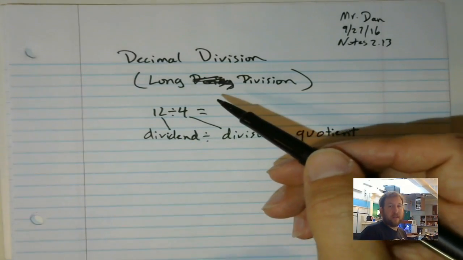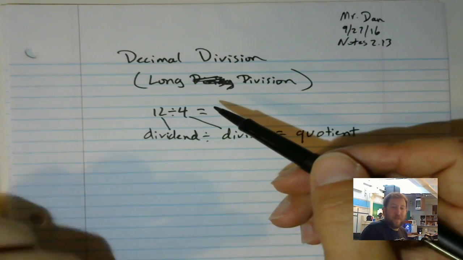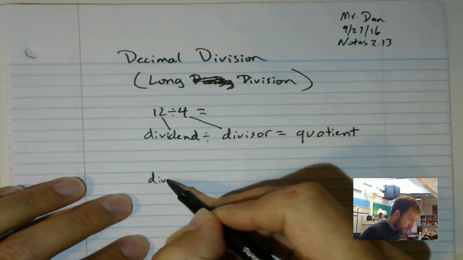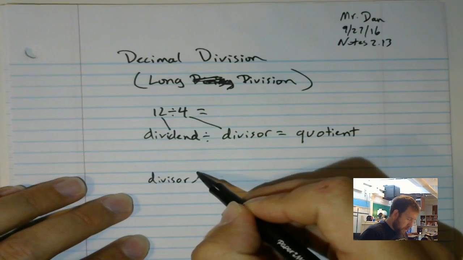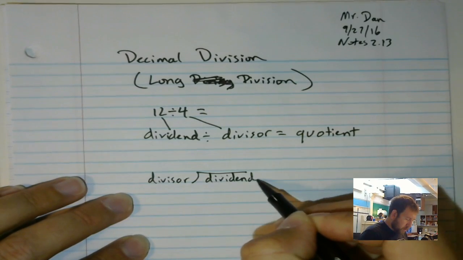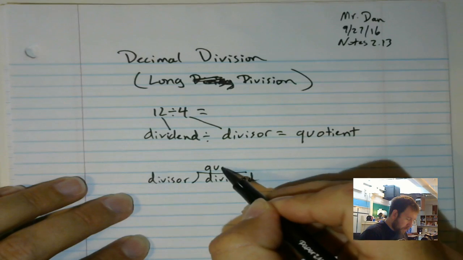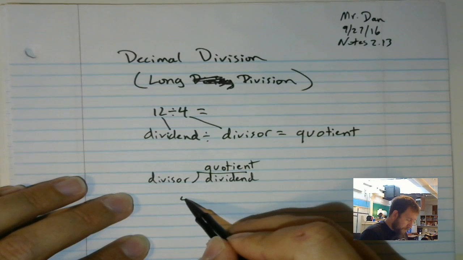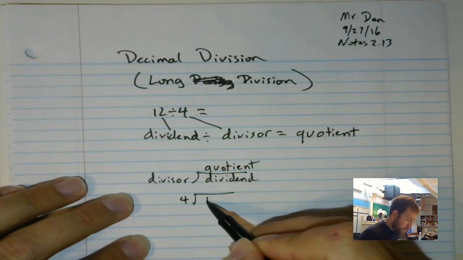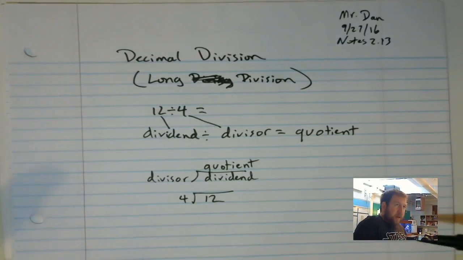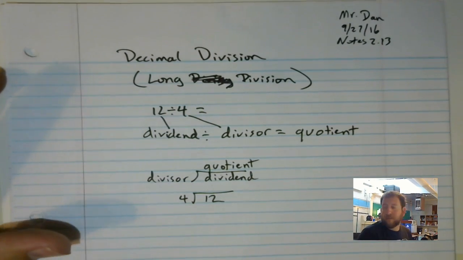But if I was going to set this up in a long division looking style, it would look like this. I would have my divisor here. I would have my dividend. And I would have my quotient up on top. So it would look like this. 4 divided by 12, with my quotient on top as I get to the answer. Now, this one is easy, like I said before, but we are going to be doing much more complicated setups